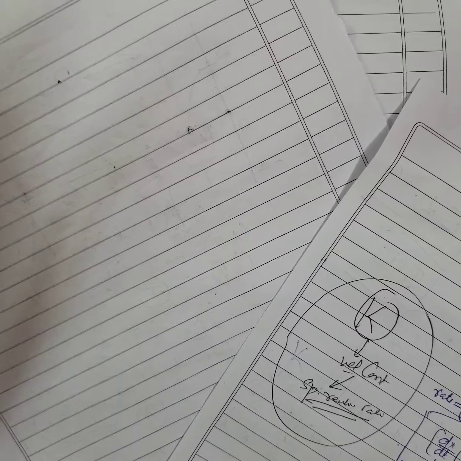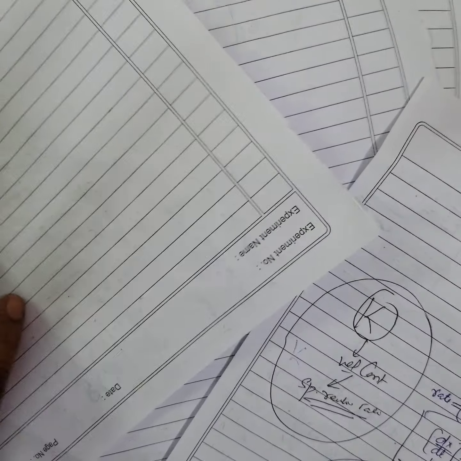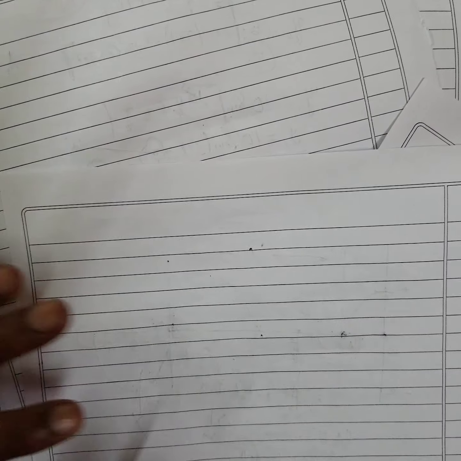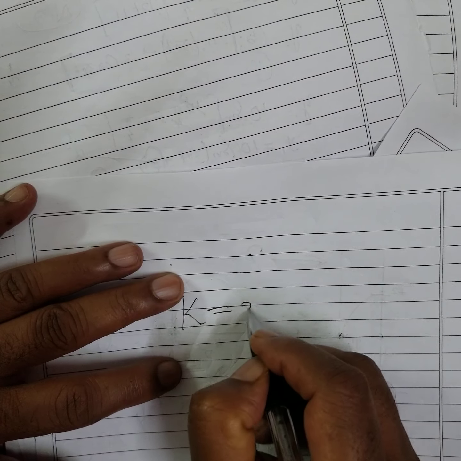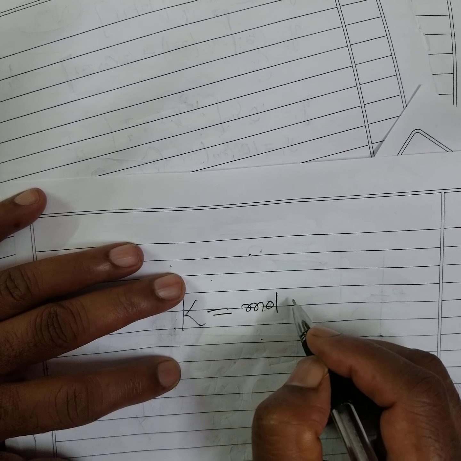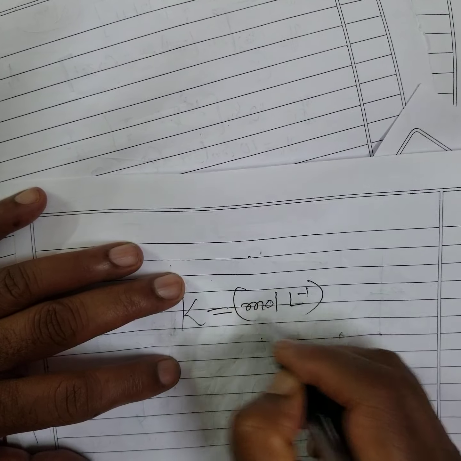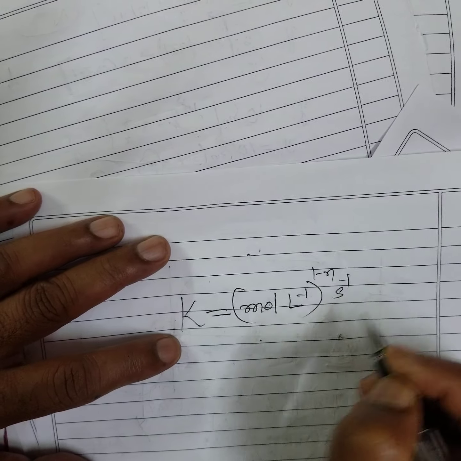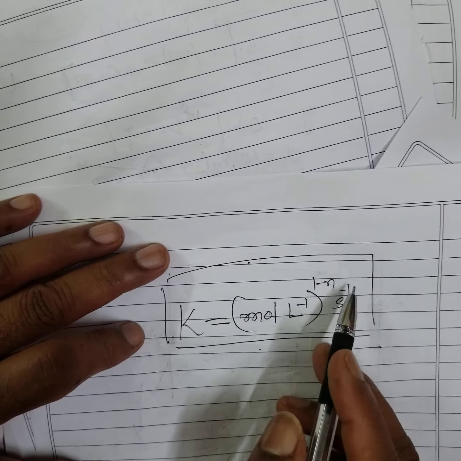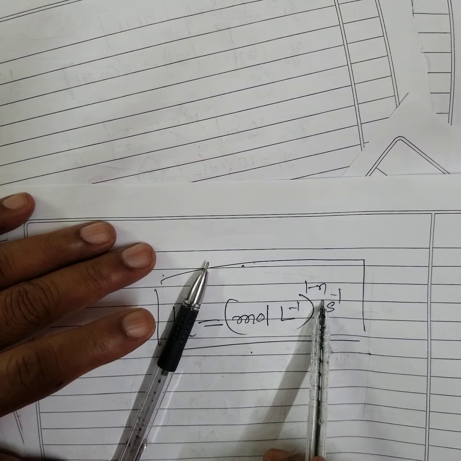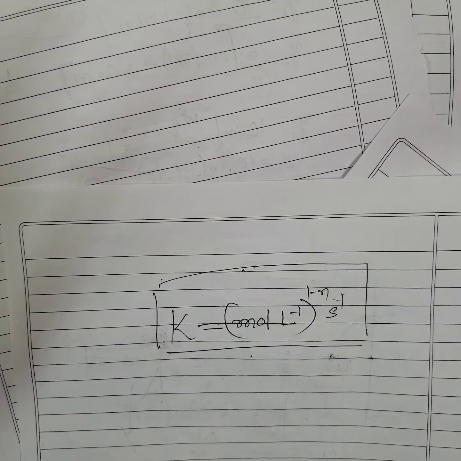But try to remember this formula which I gave. K is given by a formula. Unit of rate constant: K is equal to mole per liter to the power of 1 minus n per second. You remember this to find out the order of the reaction. Very, very important for the first order, zero order reaction, like that. Molecularity is different from order. You know this.